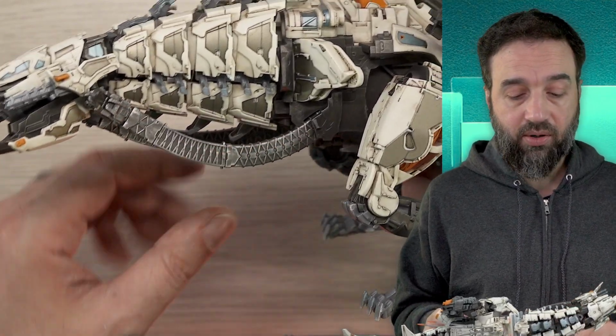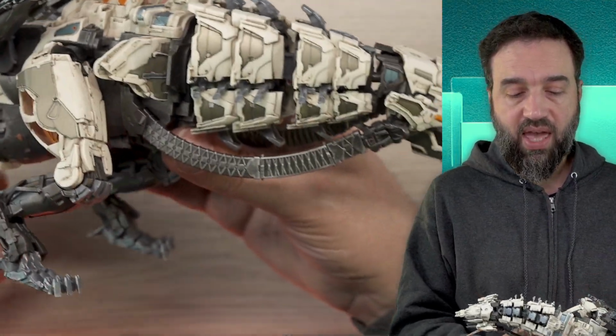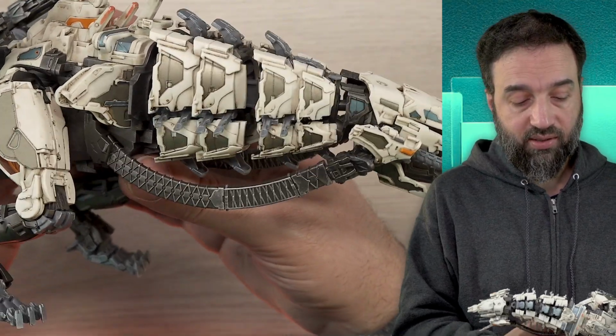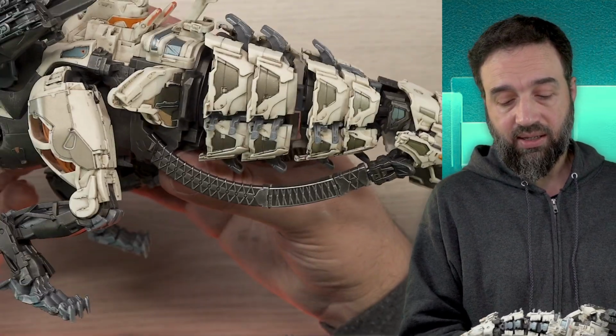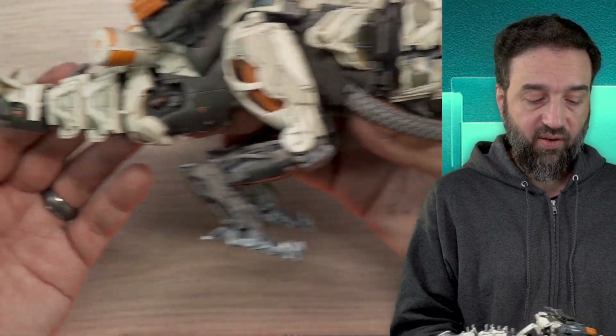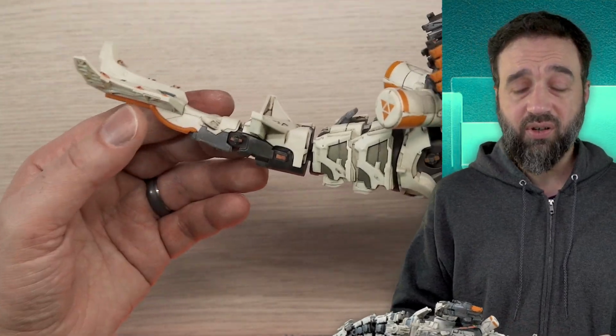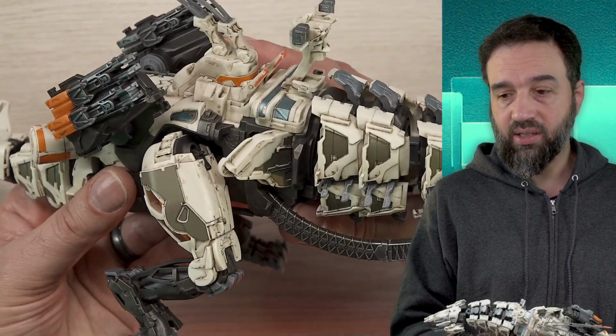I definitely could have done a better job with that to hit the game accuracy, but it's so much better to have something than nothing. And dry brushing is just such an easy technique that anybody can learn and do with many different types of materials as well. When I first started doing dry brushing for Gundams and Zoids, I just did it with